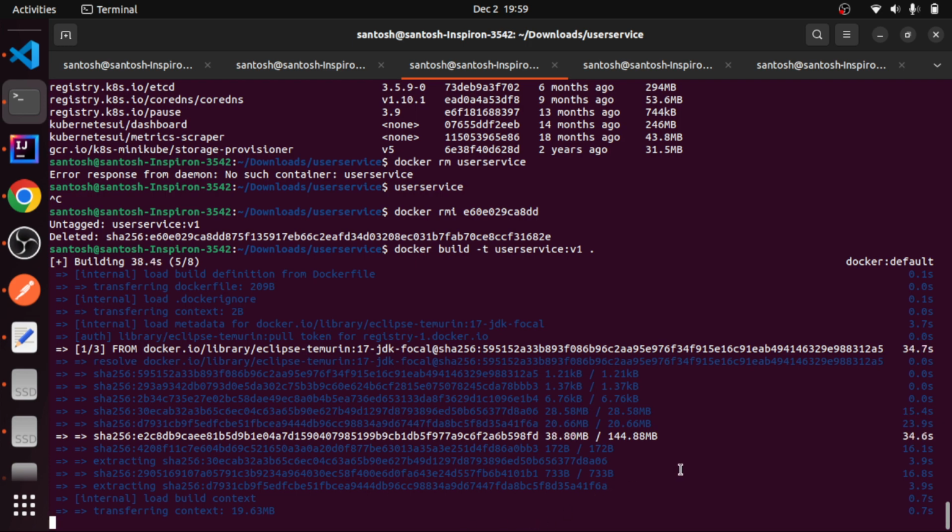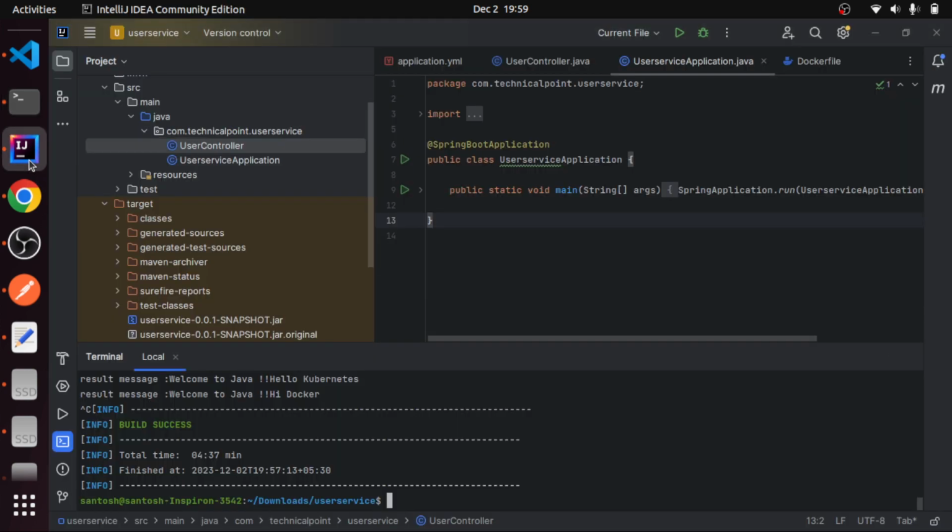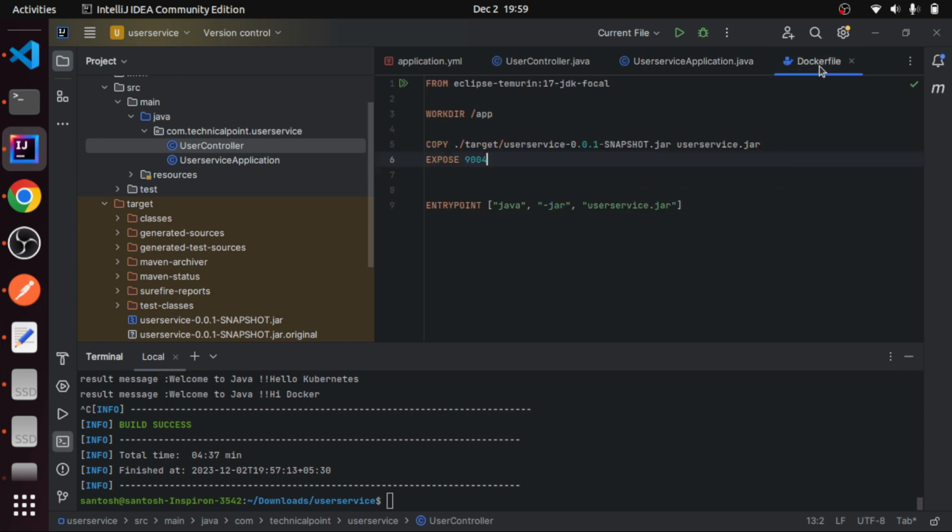Let's wait for the image to be created. It's creating the image. First of all it will build and then create an image. While it is creating, it is referring to the file Dockerfile, and there is a Dockerfile. So here in the Dockerfile we have